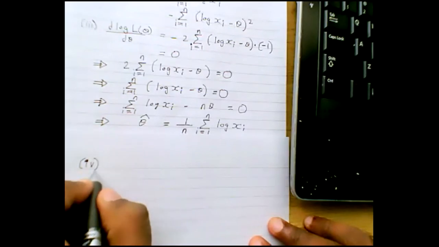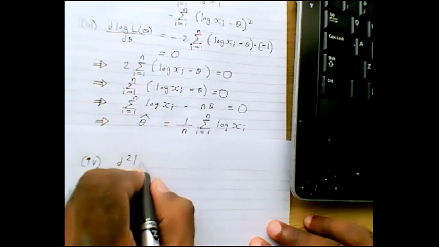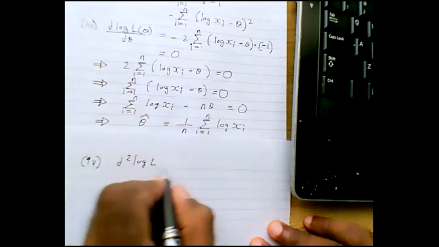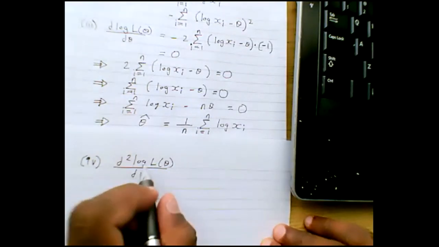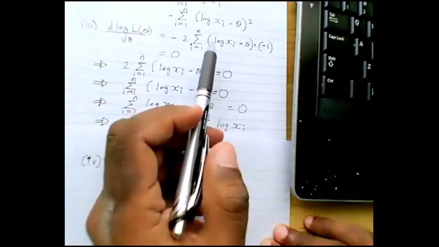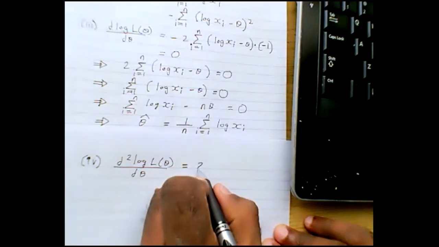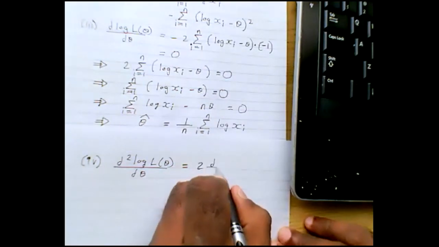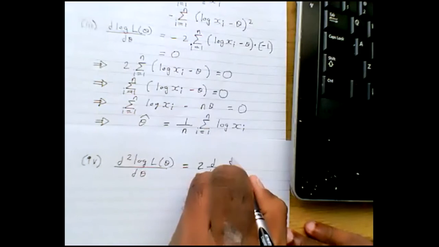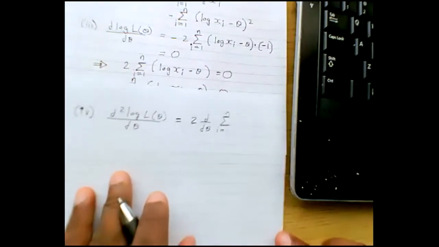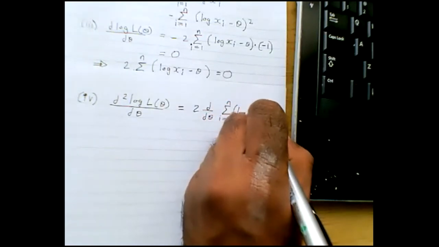which is always needed, is to do the second order derivative. So I'm going to do the second order derivative with respect to theta. So that's the first order derivative of this. What you're going to do is differentiate 2 times d by d theta of log of xi minus theta,